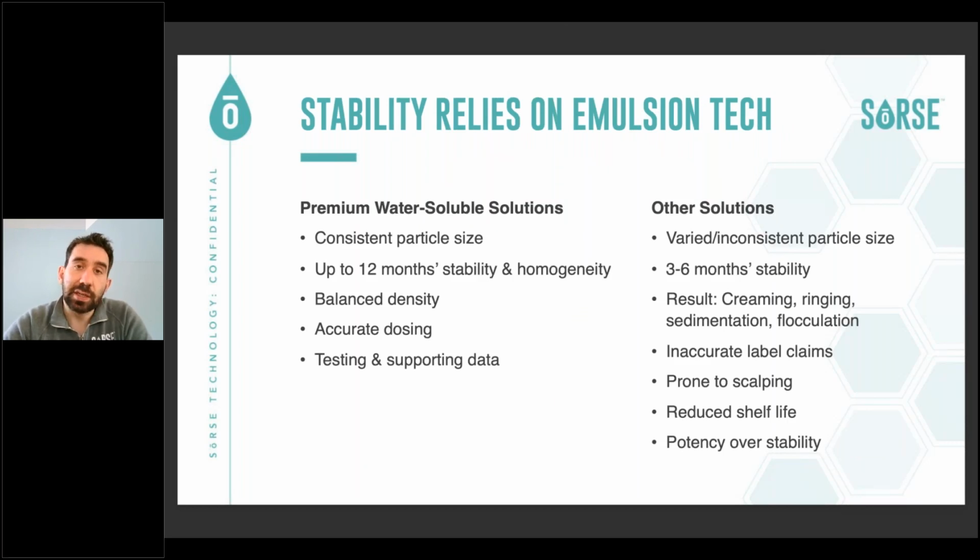This stability is entirely reliant on the quality of the emulsion technology that's being used. Premium water-soluble solutions will have a consistent particle size. They'll have up to 12 months stability and homogeneity. They'll have a balanced density once it goes into a beverage. You'll be able to do accurate dosing, supported by accurate documentation, and there'll be great testing and supporting data to